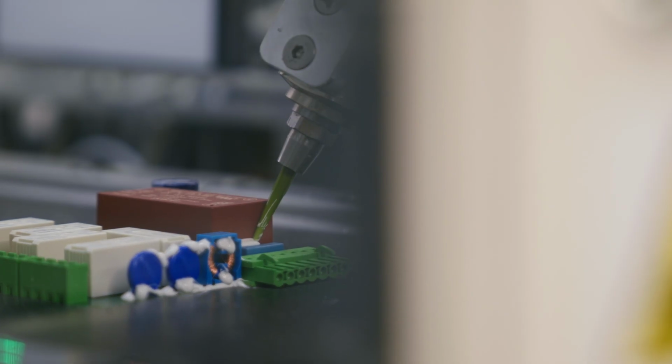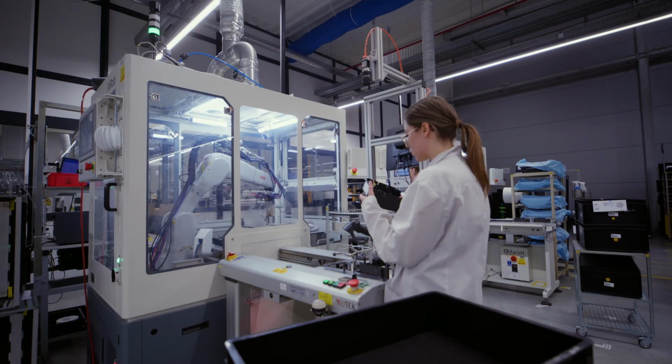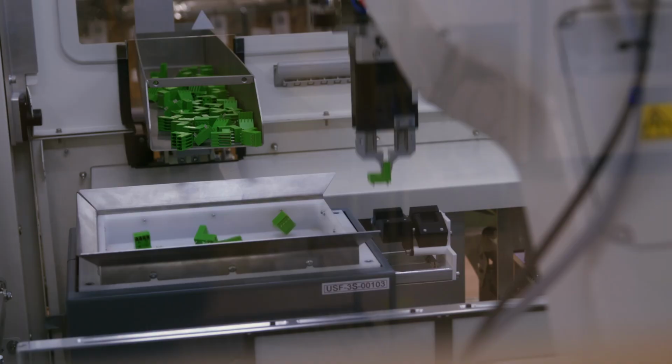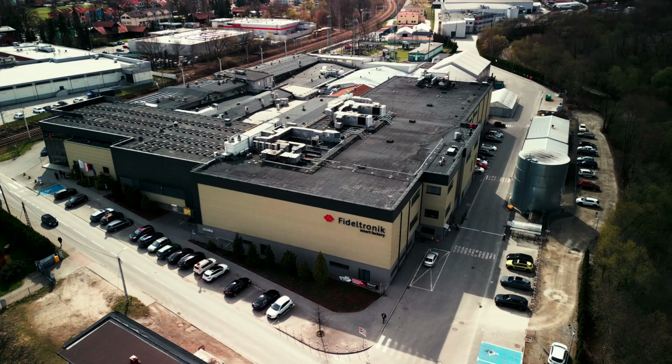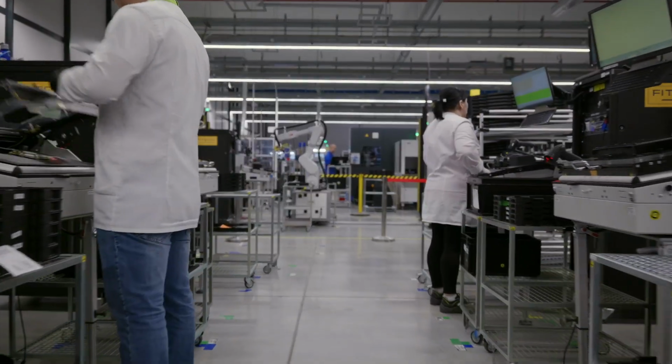There are many visual inspection solutions on the market, but the advantage of an AiRob Expert is that it doesn't require programming. By training the AI with examples of both flawless and defective products, it learns to accurately distinguish between them. Within just a few years, we've seen a noticeable decline in customer complaints at Fideltronic, along with a reduction